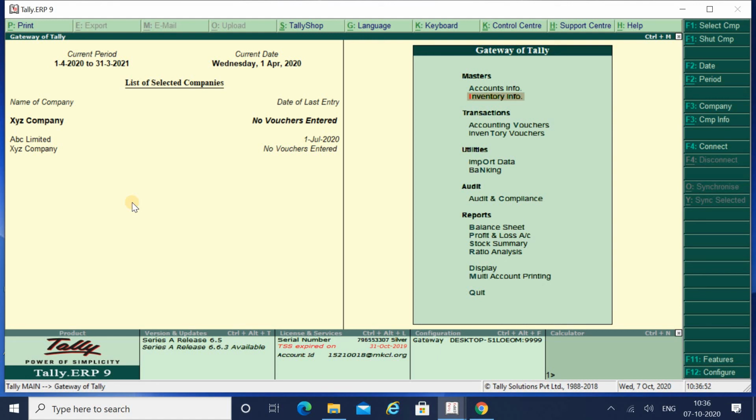Let me explain once again that this option is used by an administrator of a company to define the rights of work of his various employees. So the accountant is allowed for some work and that work we have allotted. The facilities which should be allowed to him and the facilities which should not be allowed to him, we have provided those details in it. So this was about security control. Many of you don't know about this option. This will help you set your security level box for your company.